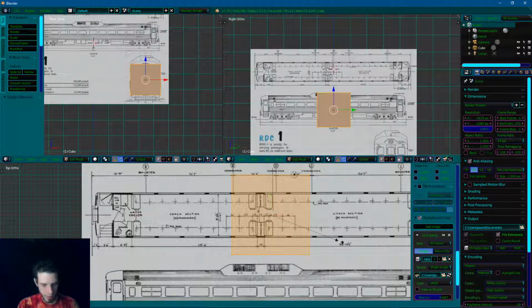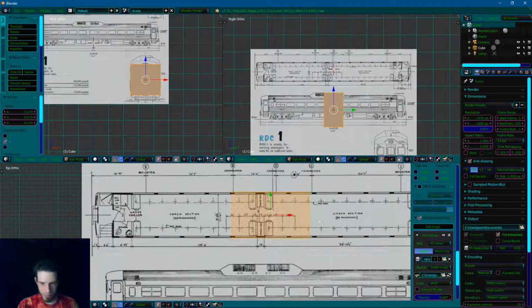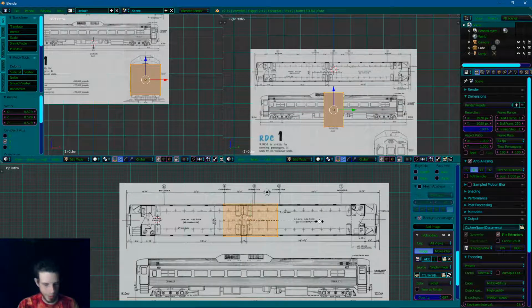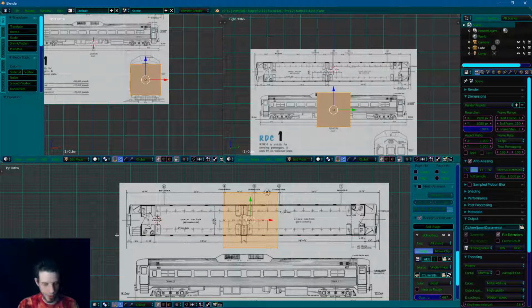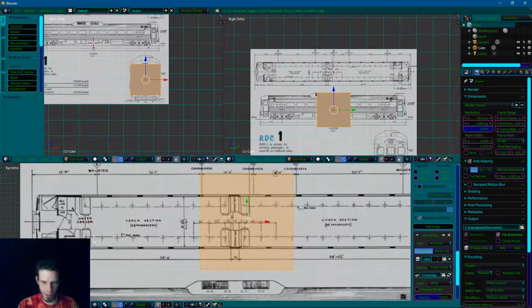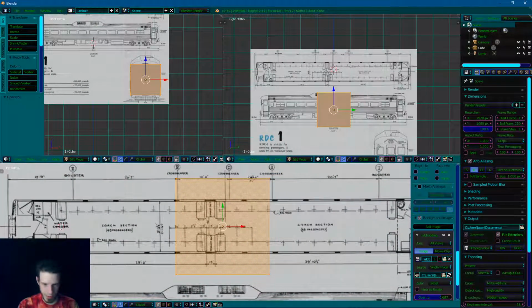Now, I'm going to scale it on the Y roughly to about the right size that we need it to be. Okay, and now again, I'm going to scale the X, bring it out, or you know what, I'm sorry, I just Control Z, I'm going to undo that, and instead of scaling it, what I'm going to actually do is